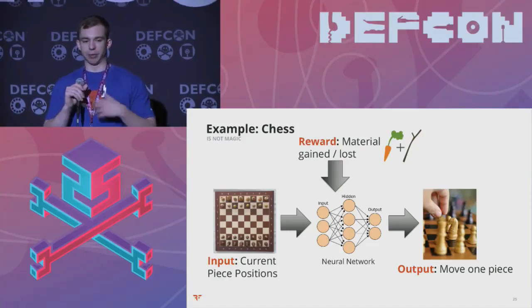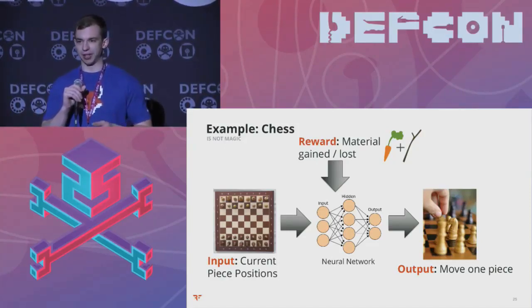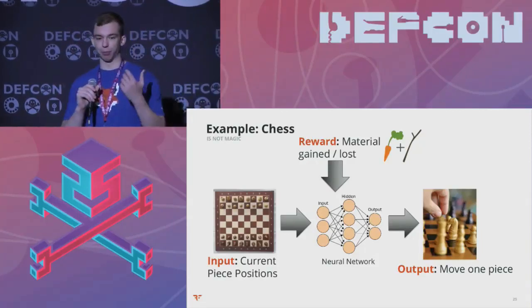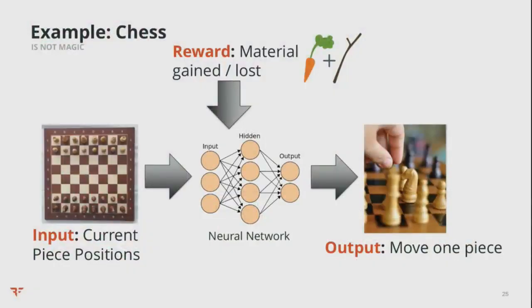If you take a piece, you're going to be gaining some reward. You're going to get that carrot, right? The reward is your carrot on a stick, carrot or stick. So if you capture a piece, you're going to be getting some reward, and if you lose a piece, you're going to be gaining some negative reward. And if you move perhaps without actually taking a piece, it might be just a slight negative reward because you didn't really accomplish anything, but you also didn't lose anything too great either, just some time.